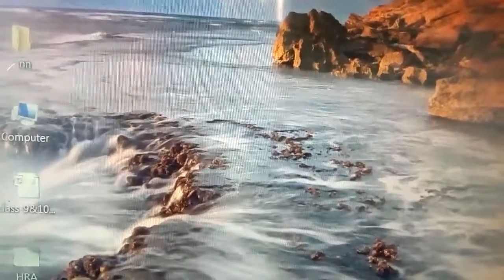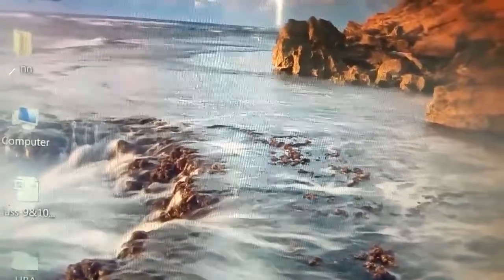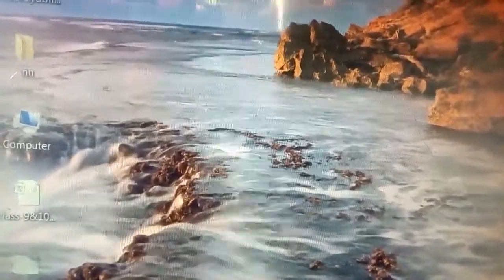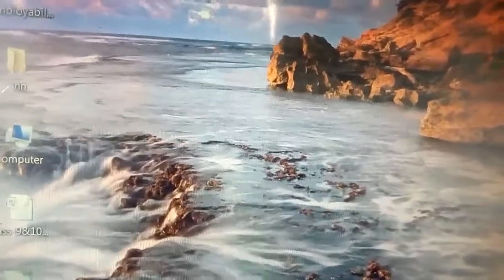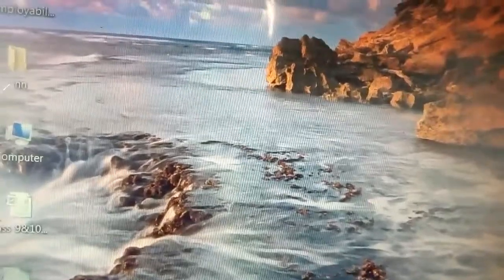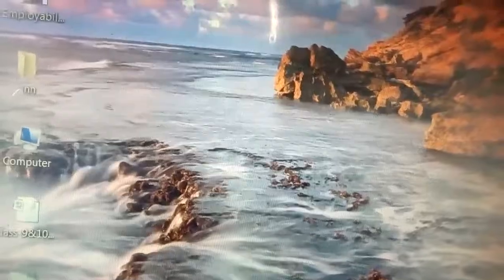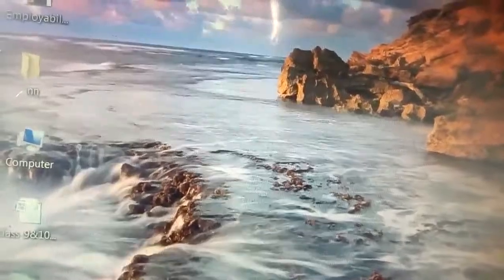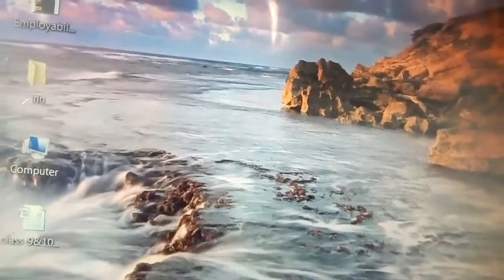So students, for some days we have done several revision works. Now today onwards we will continue the rest of the chapter of this GIMP. In the last video, advanced editing in GIMP, we have done moving layers and creating layers.